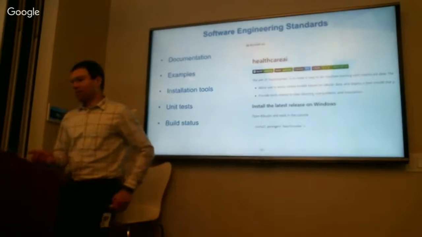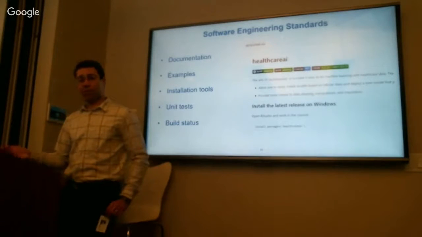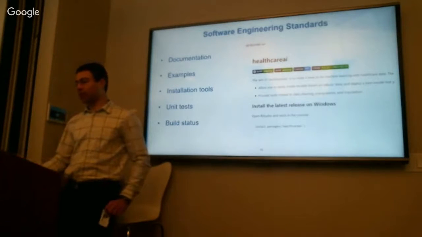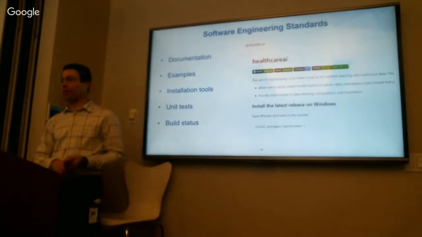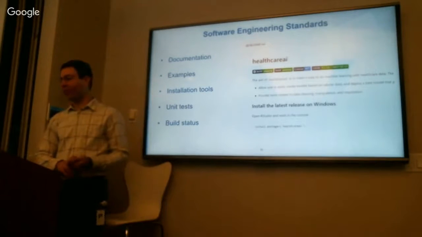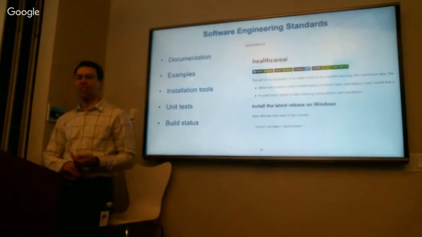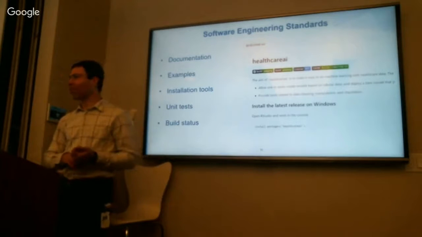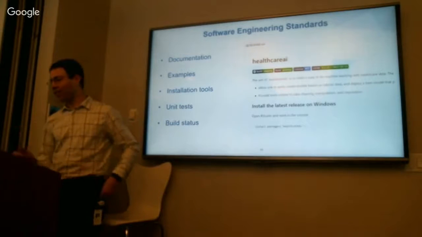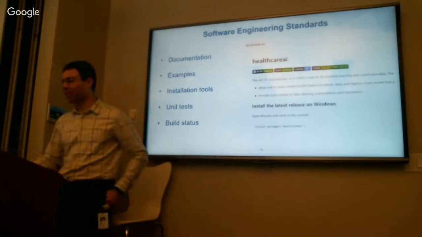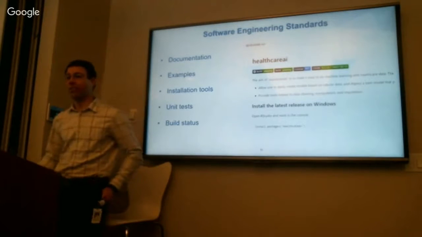And then finally, just the software engineering standards. So we have documentation with versioned examples, documentation, the installation tools. I should say the documentation is built with Roxygen, which is really cool. And does the unit tests. So we've pulled together a lot of pretty awesome R functionality to build up examples in the documentation. And then installation is done, it's on CRAN now, so that's fairly